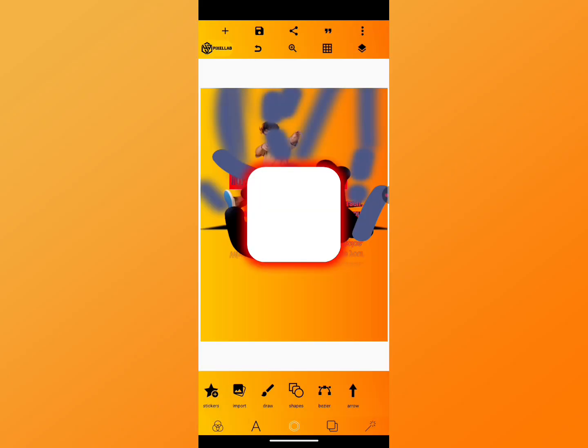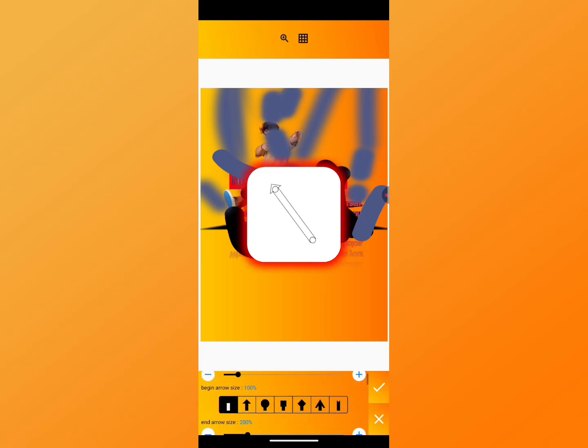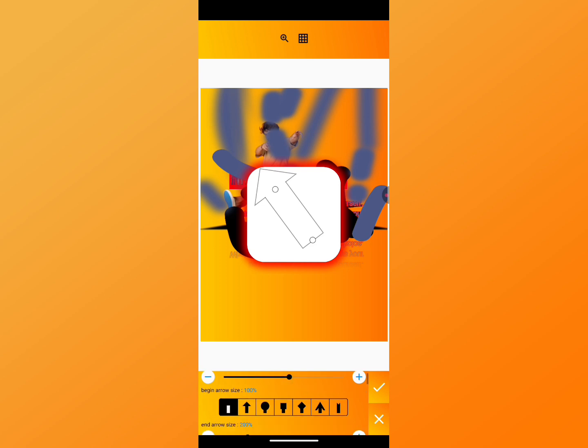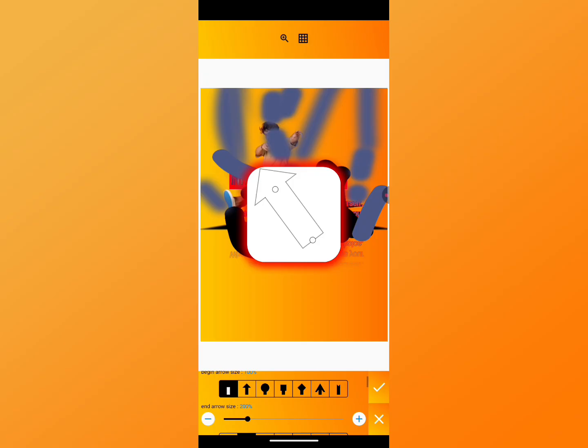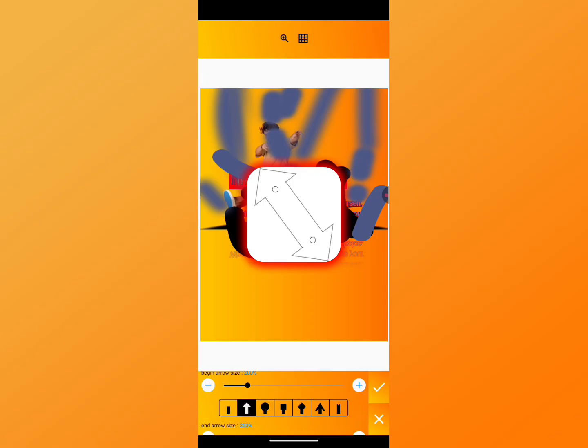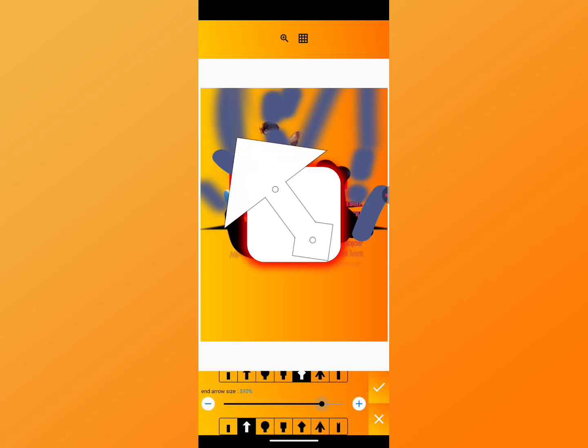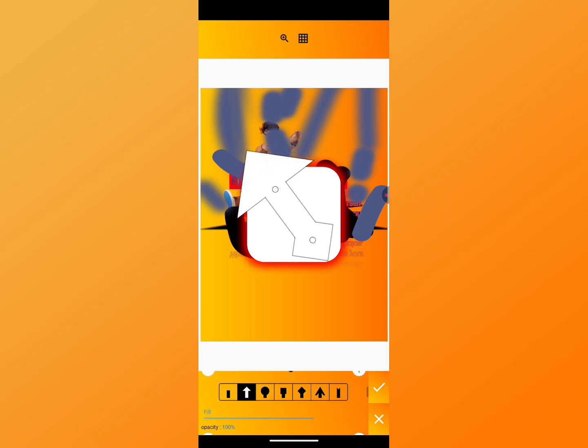So we also have arrow. You can see to enlarge our arrow, and the arrow size. Here we have the arrow and how we want it to be. You can see, and we can enlarge the arrowhead only. So we can also change it here. You can see